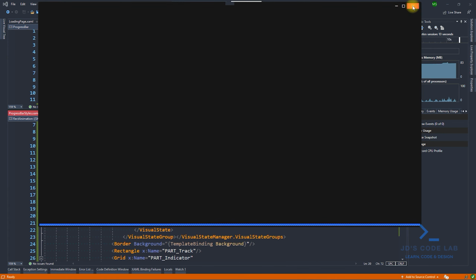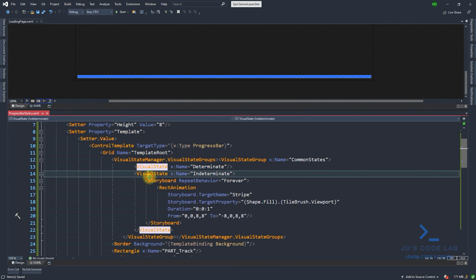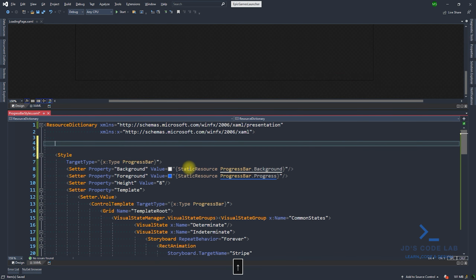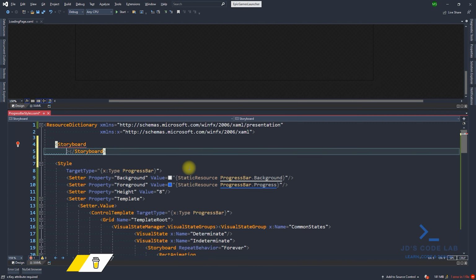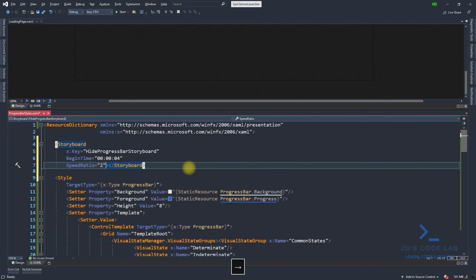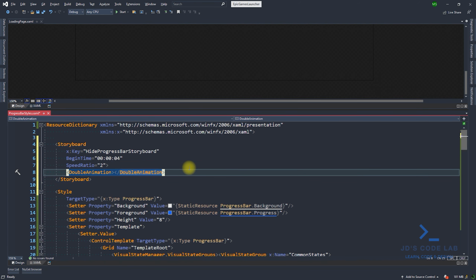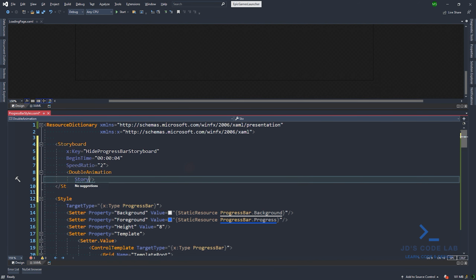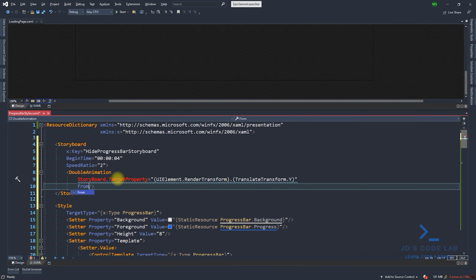Now last thing we gotta do in loading page is to hide a progress bar before navigating to another page. So add a storyboard with key hide progress bar storyboard and set begin time to 4 seconds and speed ratio to 2. Now add a double animation. Target property UIElement.RenderTransform.TranslateTransform.Y from 0 to 20.